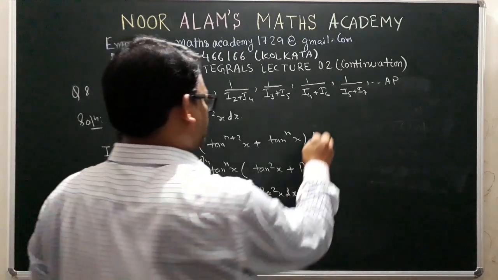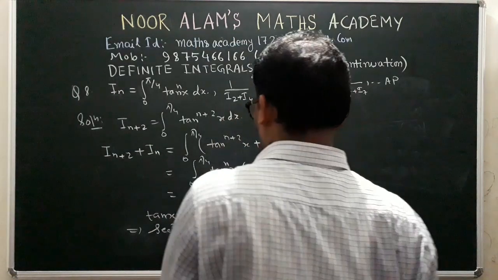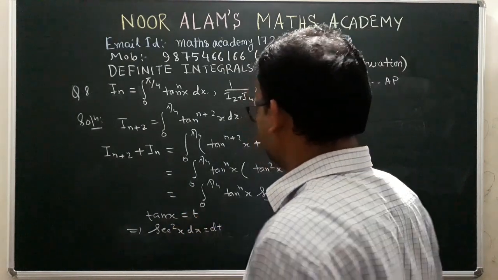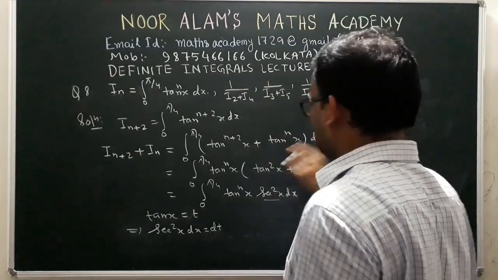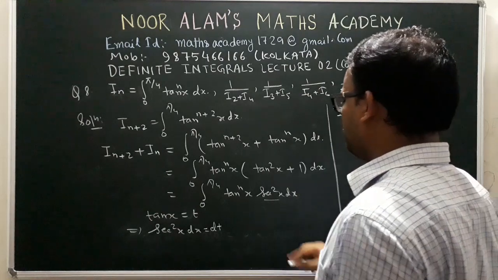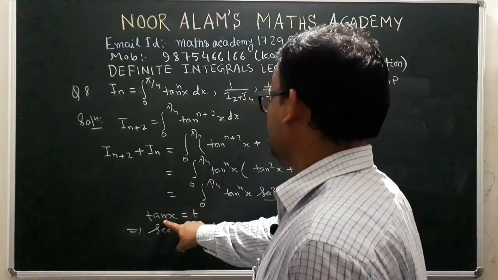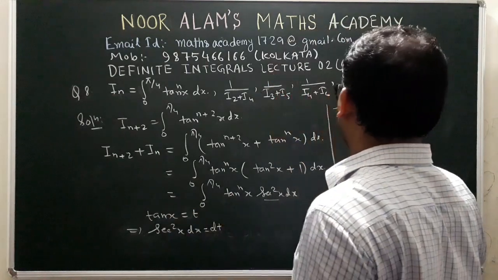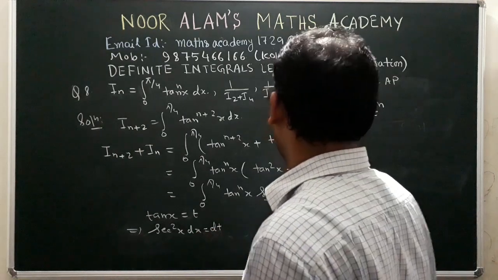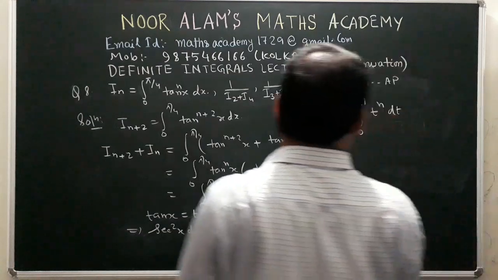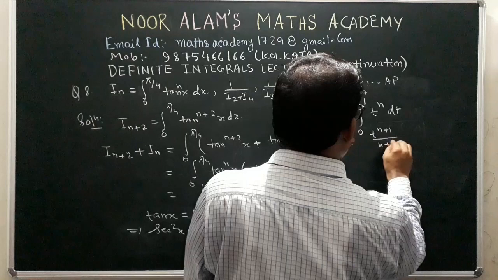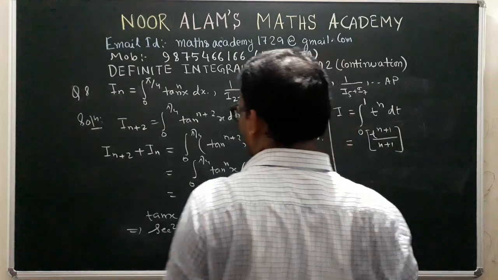Okay, so now here we get I is equal to, now when you put x is equal to 0, the value of t is also 0. When you put x is equal to pi by 4, the value of t is 1. Tan pi by 4 is 1. So now here we consider tan as t, so it will be t to the power n. Now derivative of tan, that is sec square x dx, this part is replaced by dt. So now here we have t^(n+1) by n plus 1. So that is the value of I